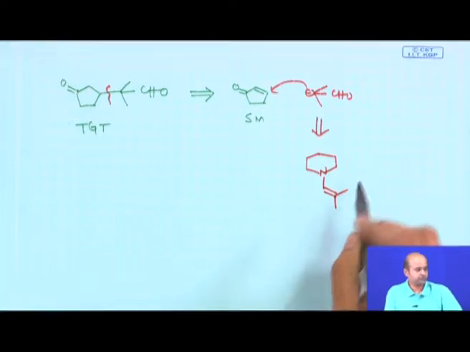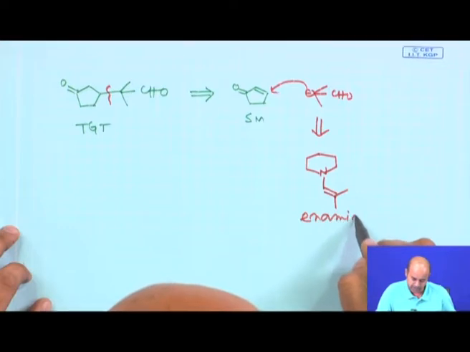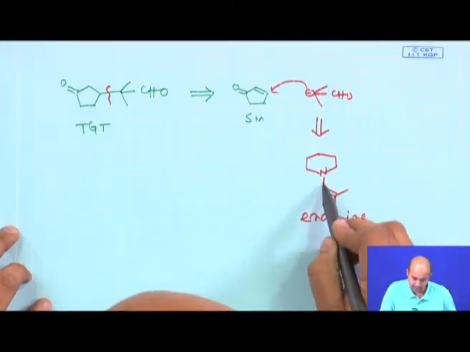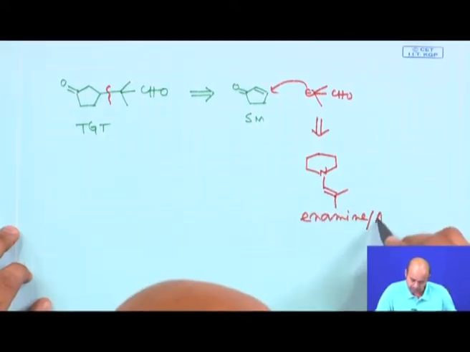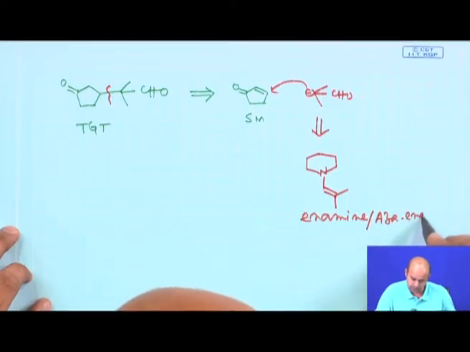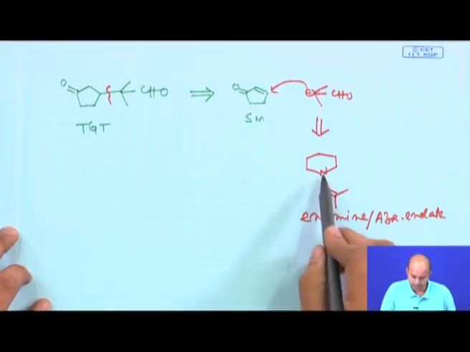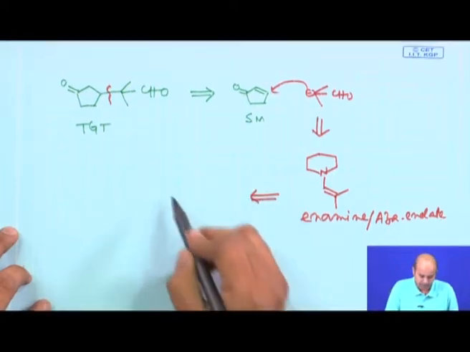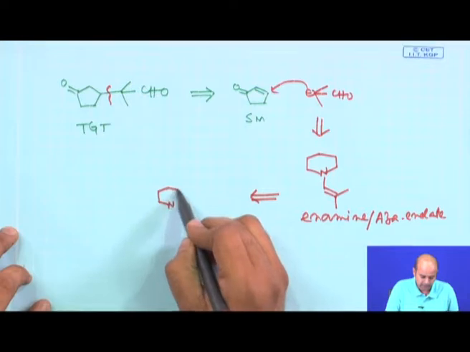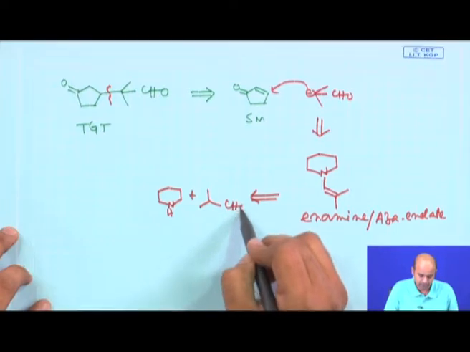We are just drawing some species which is basically an enamine. Now, enamines are what? En, amine. This part is en, this part is amine, it is called enamine. You can also name them aza-enolate. You know enolates are oxygen-containing, double bond-containing compounds. Now, these are enols, but in aza, oxygen is replaced by a nitrogen. Now, this enamine or aza-enolate you can simply prepare by taking a secondary amine with a suitable aldehyde like